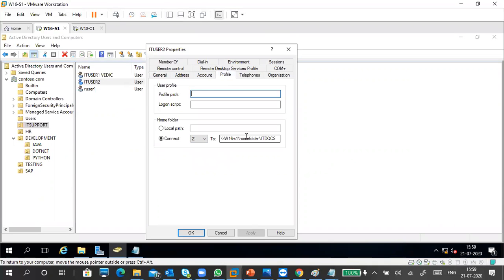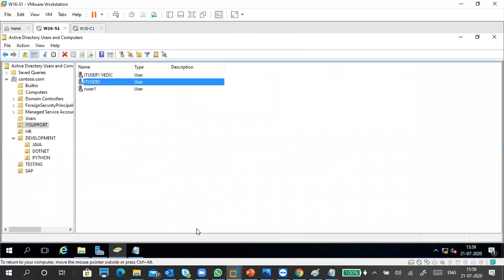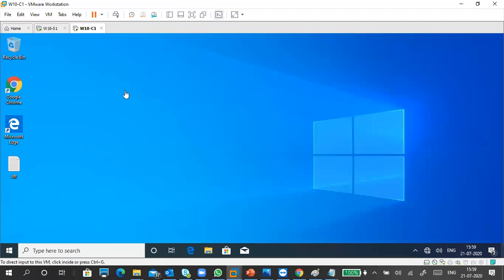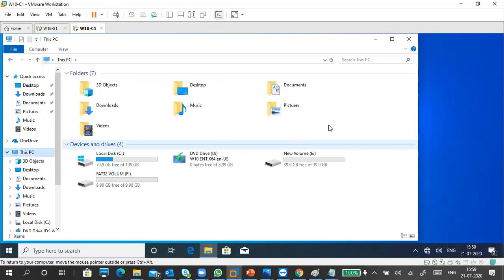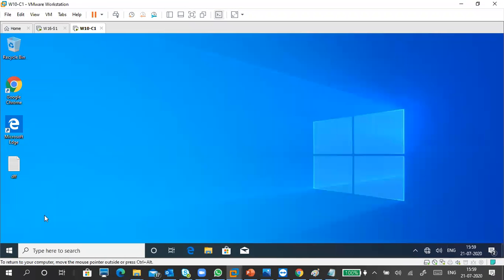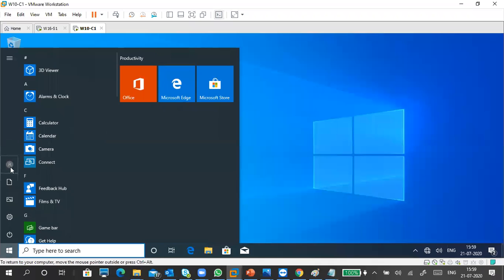Profile connect, same link, IT docs. Okay. I don't know. So what? Something has happened. So if it is not successful, leave it.